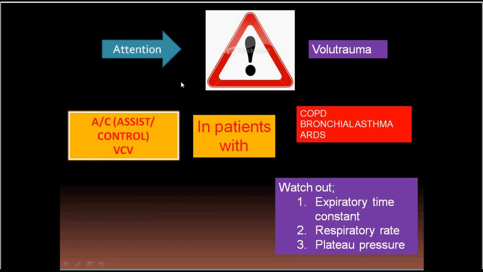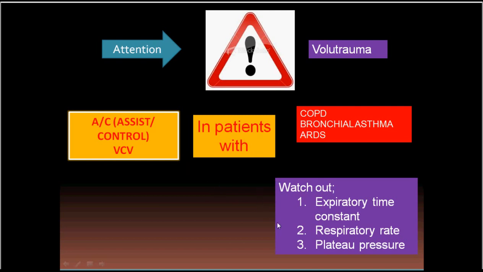The most important thing in this case of assist control, volume controlled, is this: say the patient is paralyzed or under muscle relaxant and you start to wake the patient, and the patient starts to take rapid breathing. This means that he is going to trigger and the whole tidal volume will be delivered. So you have to take care. It's very important, especially in patients with COPD, bronchial asthma, or ARDS, or even in normal patients, because in this case the increase in the rate will be associated with encroachment on the expiratory time, and encroachment on the expiratory time will develop a problem of air trapping, which might lead to